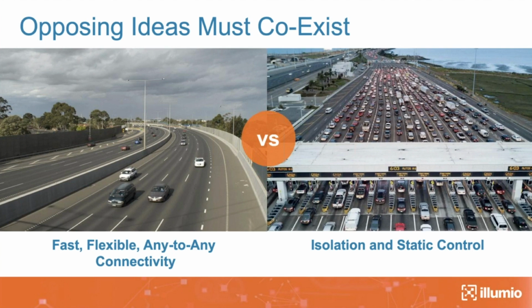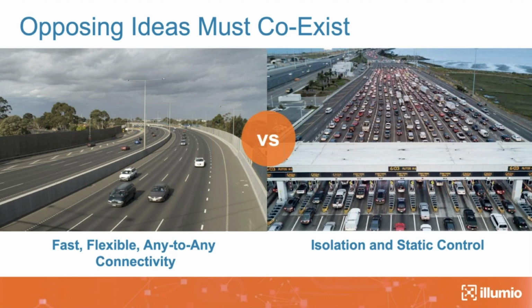And we want to provide as much bandwidth as we can, the number of lanes, etc. And that's like your network. The thing on the right-hand side that you see is basically a toll booth, where we need to stop, or they ask you to stop, and we collect the money because we got to pay for the roads. And the whole point of this is that you're going to come to a stop, we're going to do things, and then you can go. Now, these two are very diametrically opposite ideas.